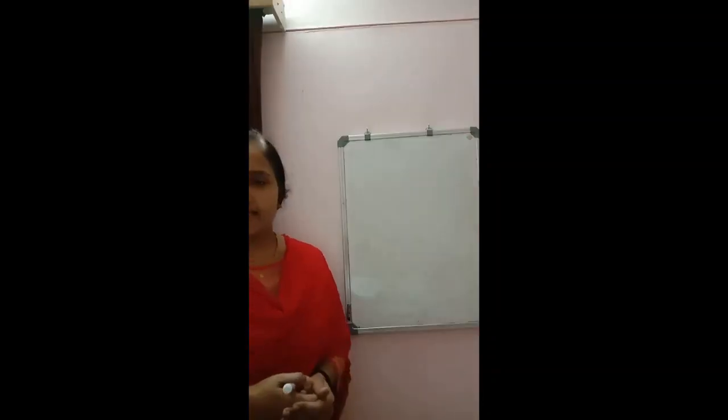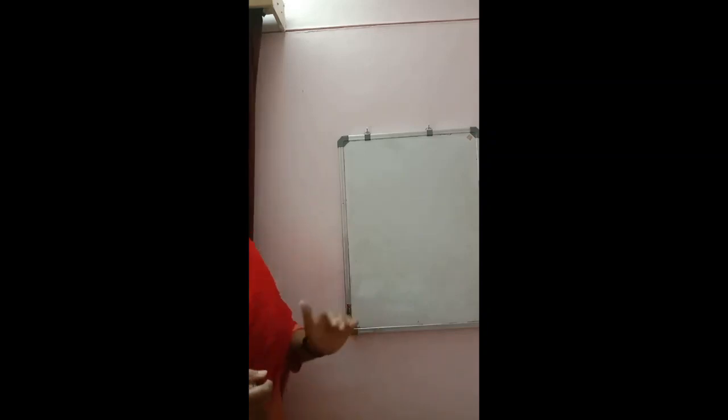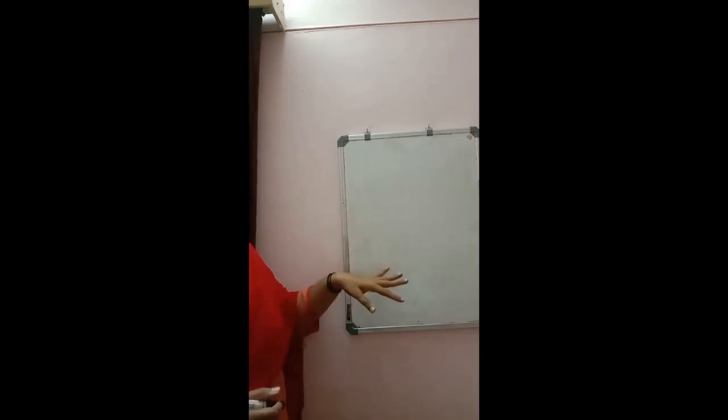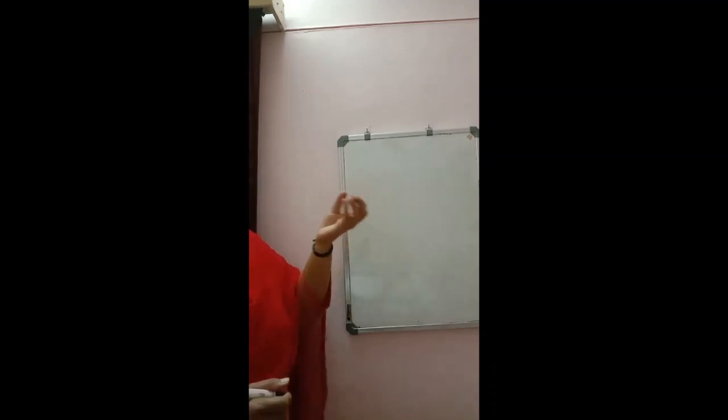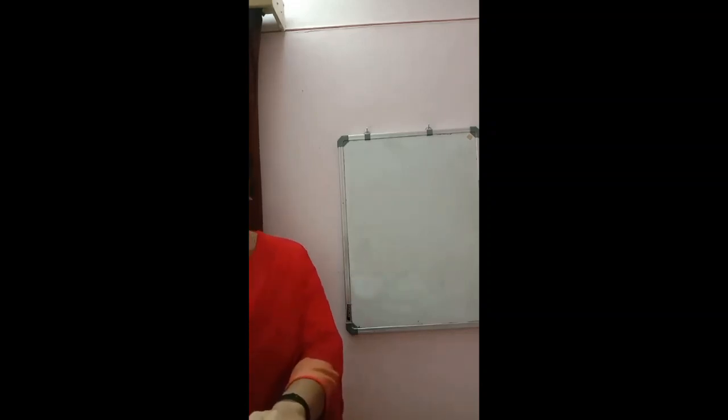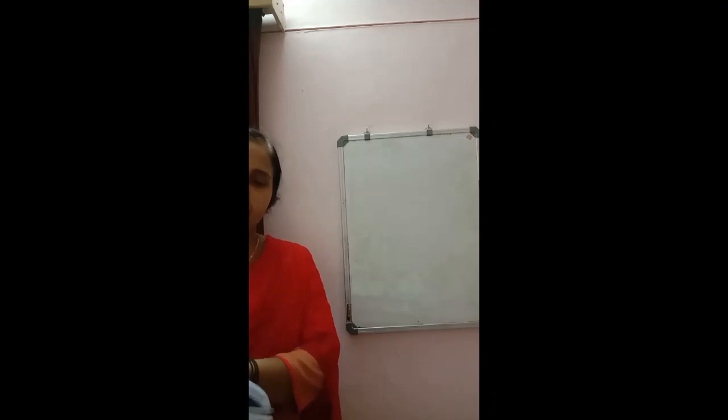So by finding the nature of roots, I hope it is clear to you in which cases we are getting two real roots, real and distinct roots, real and equal roots and no real roots. Now we will discuss some more questions related to it. Next question is find the value of k for which the roots of the following equations are real and equal. It was given the roots are real and equal. We have to find out the value of k.